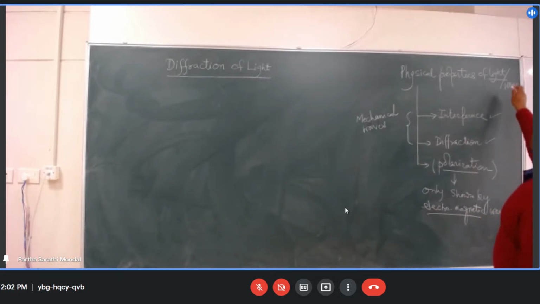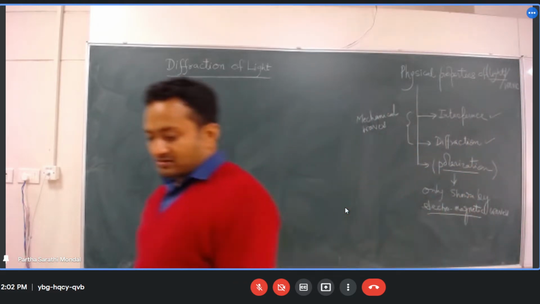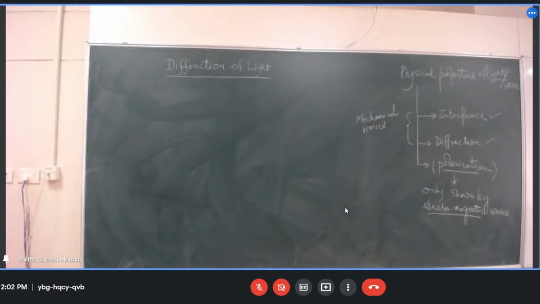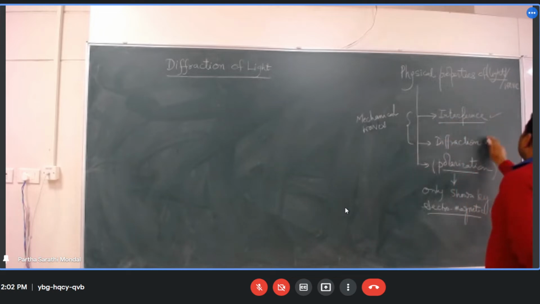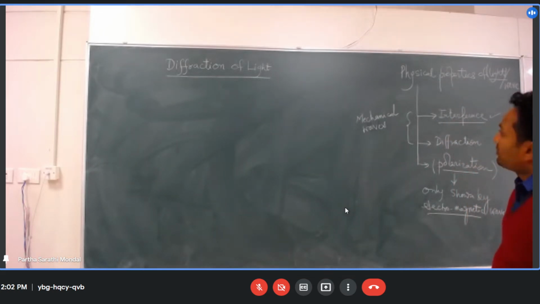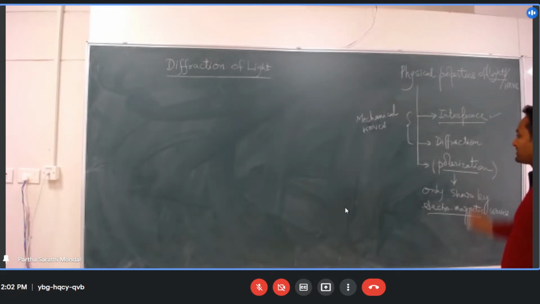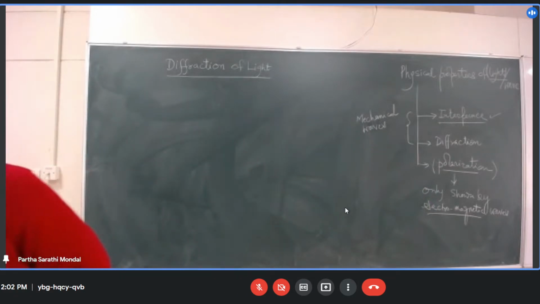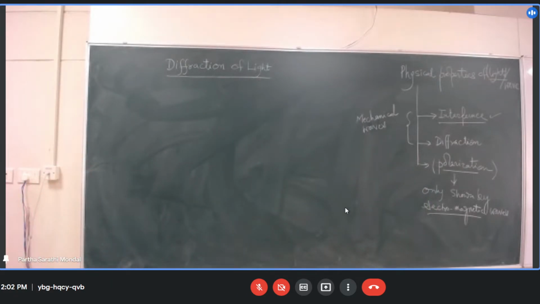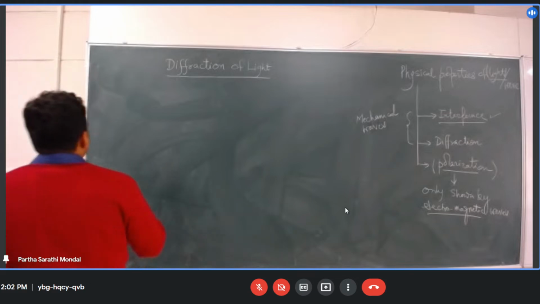So light is an electromagnetic wave. So light also shows polarization. Now our next topic. We have already learned interference of waves, maybe light wave or other waves also. Similarly, diffraction of waves, now we are going to study. So let's have an example. A very simple setup. Suppose you have a slit,